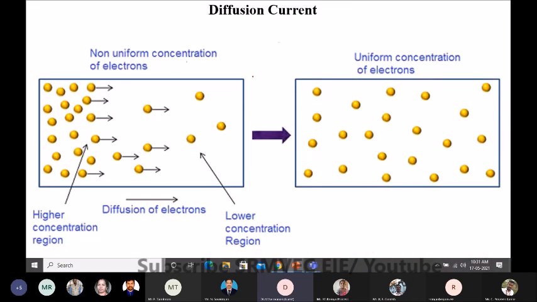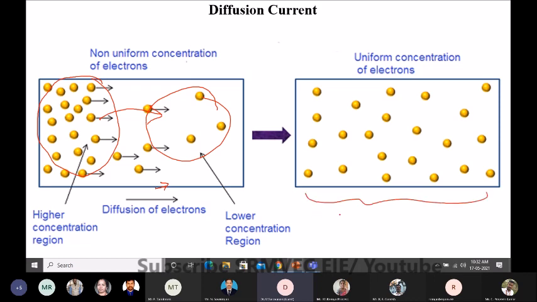So here two important currents have to be taken into account. One is called diffusion current and the other is called drift current. So what do you mean by diffusion? Diffusion is nothing but movement from the higher concentration region to the lower region. Diffusion current is due to the difference in the concentration of charge carriers. Here it is a high concentration and here it is a low concentration. By nature, from the high concentration it moves to the lower concentration and becomes uniformly distributed. This movement of charge carriers constitutes a current, what we call diffusion current.